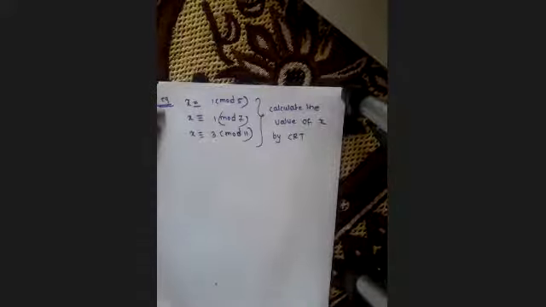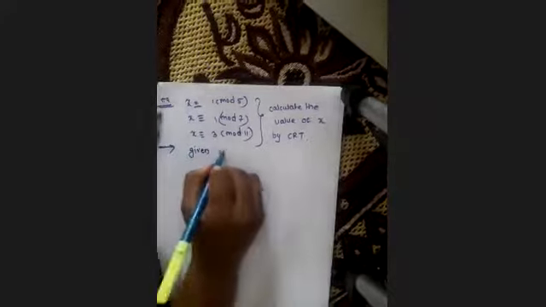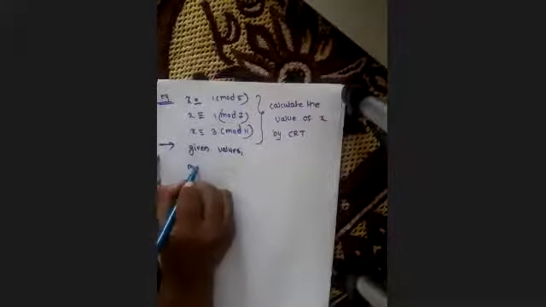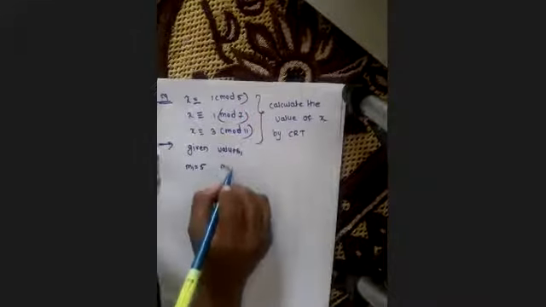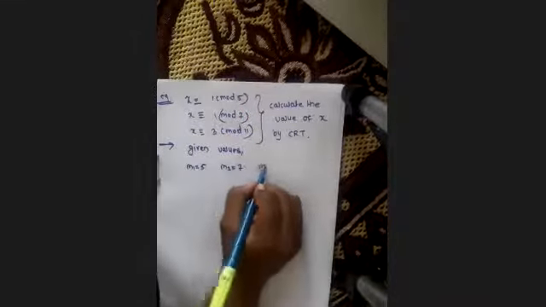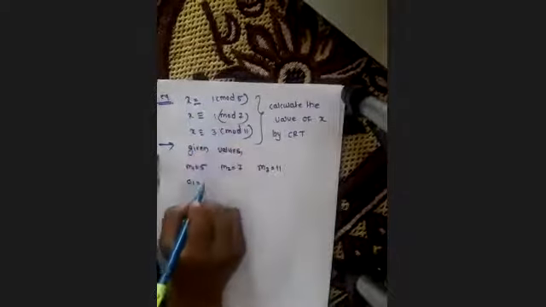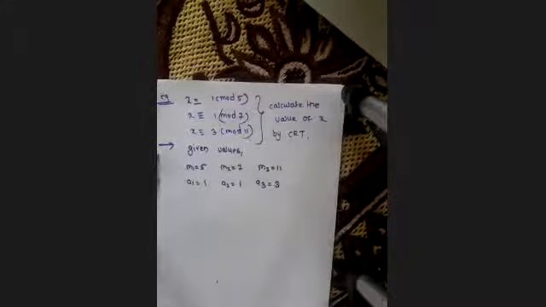Okay, now here first we will write the given values according to the given example. Here small m1 is 5. As I said, these values will be small m1 m2 m3. M2 will be 7, your m3 will be 11. Fine, your a1 is 1, a2 is 1, a3 is 3. ठीक है, this is the given data.